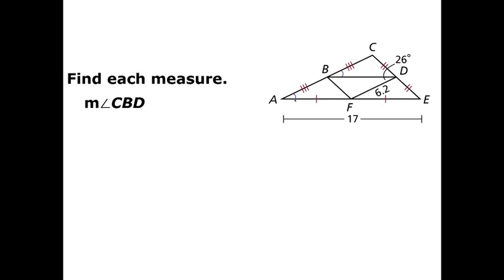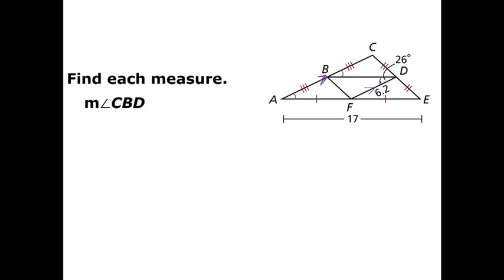The only problem with doing that is I don't know what this angle is. I don't know what angle BAF is. So yes, they're congruent, but that doesn't help me. So I'm going to have to look elsewhere. Well, if I turn in my mind a little bit and look this way, look at line segment AC as being parallel to the midsegment FD, so this is the midsegment I'm focused on, FD,